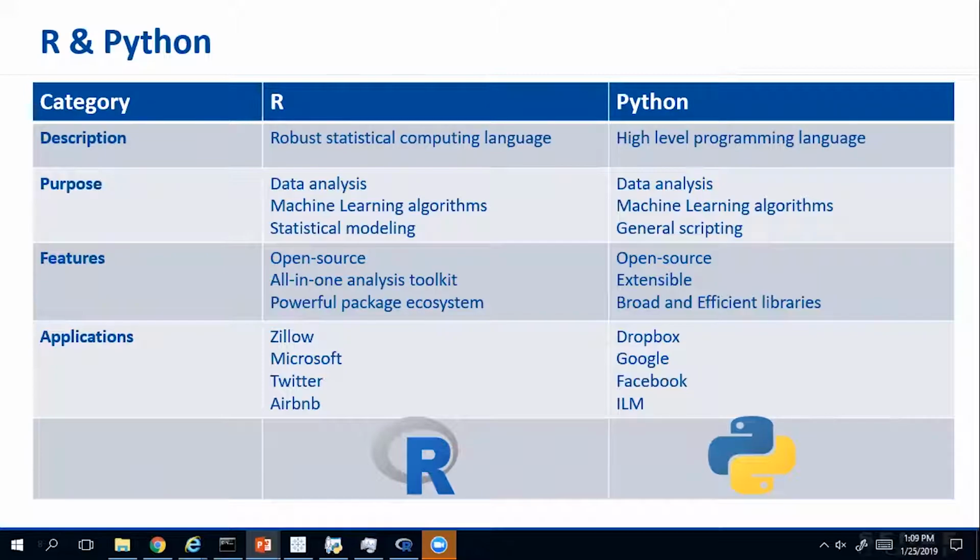Some really cool applications that we see from both of them. Just to pick a few, we find that R is used at places like Zillow, Microsoft, Twitter, and Airbnb. As well as with Python, we find that it's being used at Dropbox, Google, Facebook, and ILM. Some of the really cool applications where we see R being leveraged is at Zillow, where they use it to